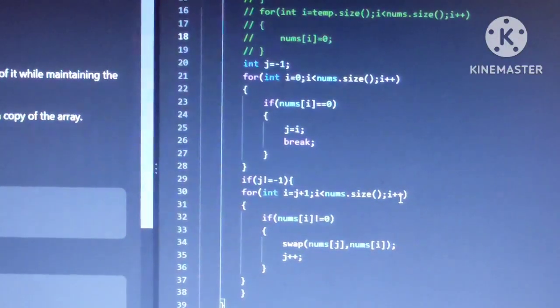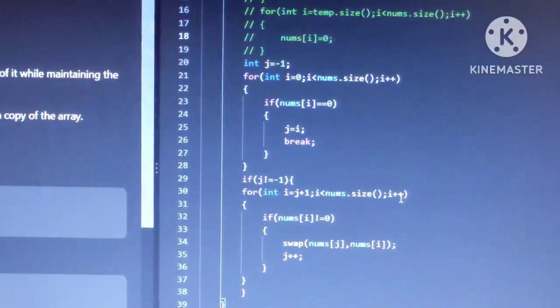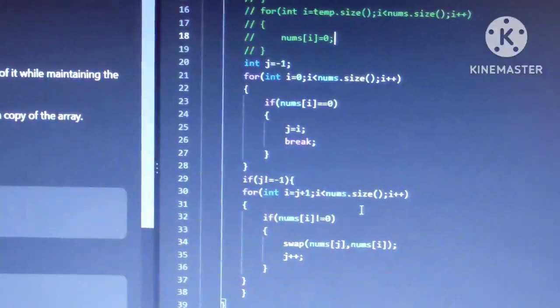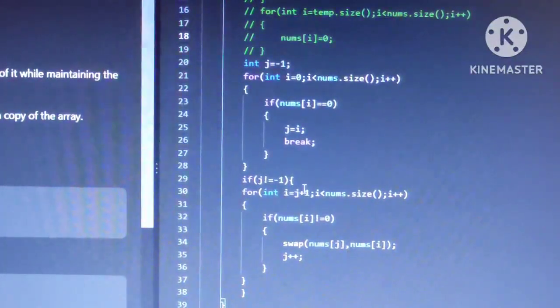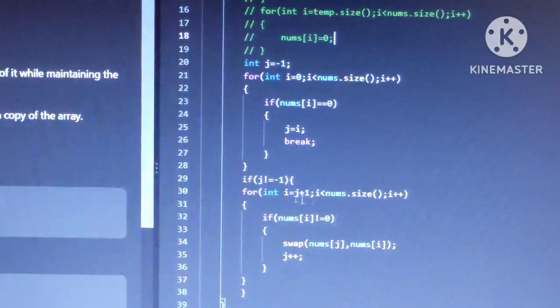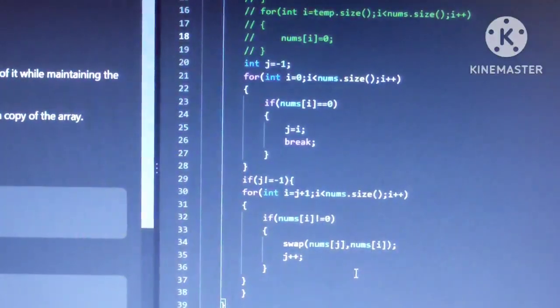So here we just have to swap the positions of j and i. We only need the swapping operation: i is declared after j, and we just traverse the array. If the element is not equal to 0, the element next to j, then we swap it. Here's the simple implementation of the optimal solution of the